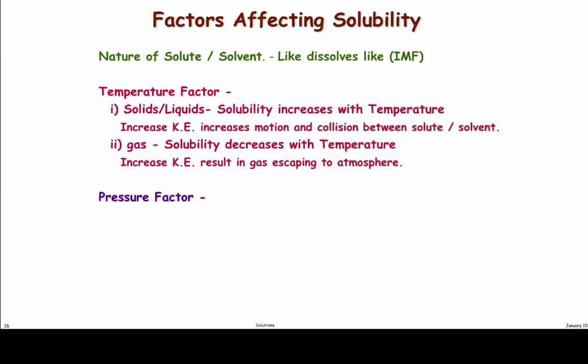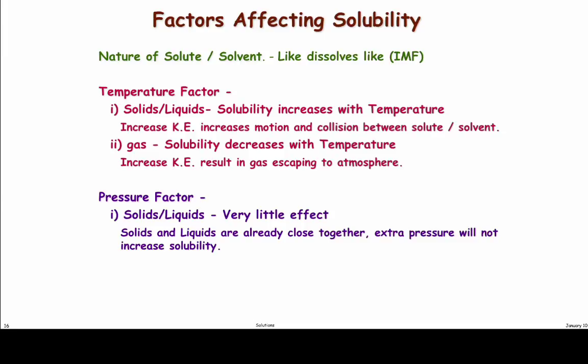Well, the pressure factor depends on pushing these chemicals closer together. When you increase the pressure, you force these chemicals to be closer together. Solids and liquids are already close together. They're in contact with each other. So increasing the pressure will not increase the solubility. When you increase the pressure of a solute, it's not going to get closer to the solvent because they're already